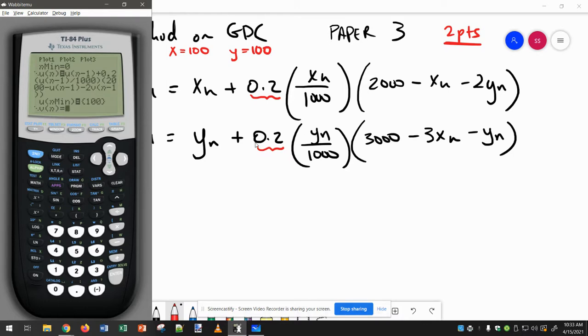So vn is yn, which is v. So vn, I have to do n minus 1 because I want the previous, plus 0.2 times yn minus 1, so vn minus 1, divided by 1,000. And then times 3,000 minus, now it says 3xn, so I have to do 3un minus 1. And then minus yn, so I have to do minus vn minus 1. And now I want to close all my parentheses and enter in the initial value for y, which is also 100. Now all I have to do at this point is check the table, second table,